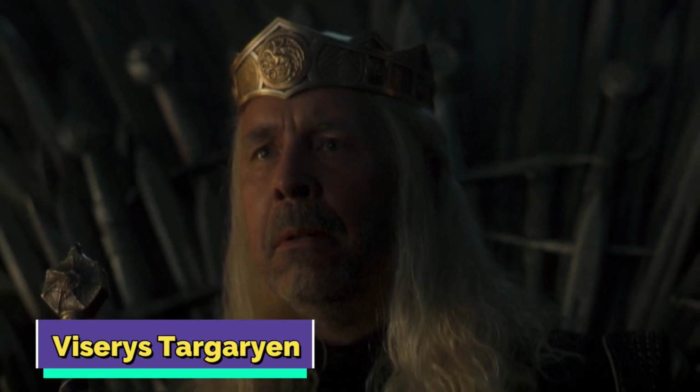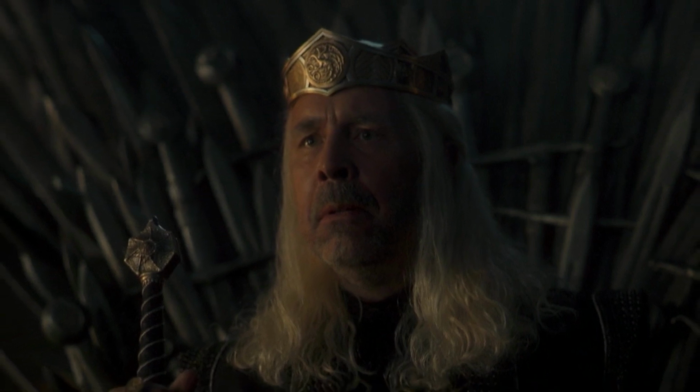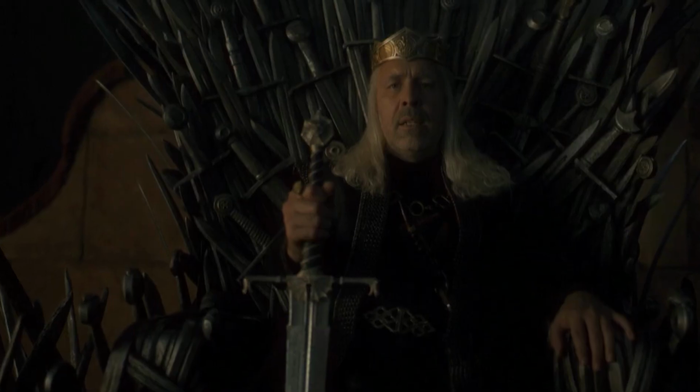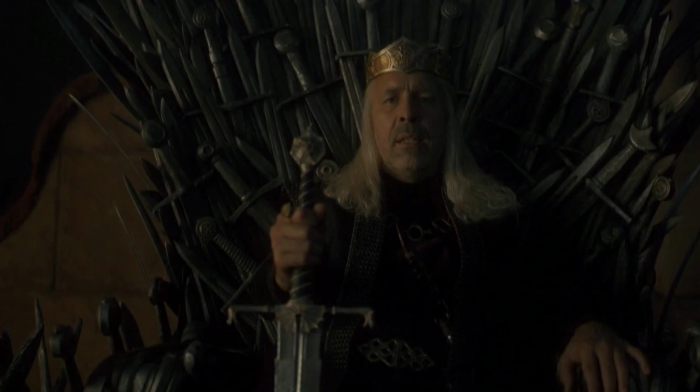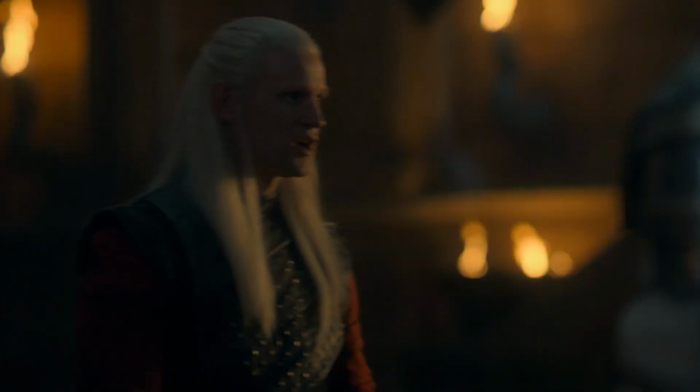Viserys Targaryen. The chosen heir of Jaehaerys, Viserys was known as the Peaceful King. He had a deep passion for Valyrian history and spent his time building a model of old Valyria in his chambers. He was also the last dragon rider of the mighty Balerion. Viserys was a just king, but his brother Daemon often challenged him, calling him weak and vulnerable to the guile